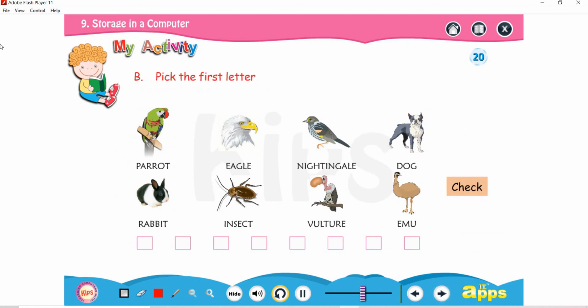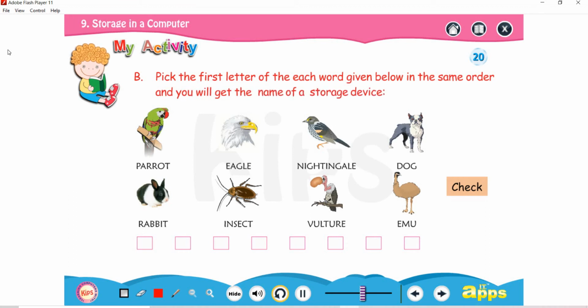Next question. Pick the first letter of each word given below in the same order and you will get the name of a storage device.